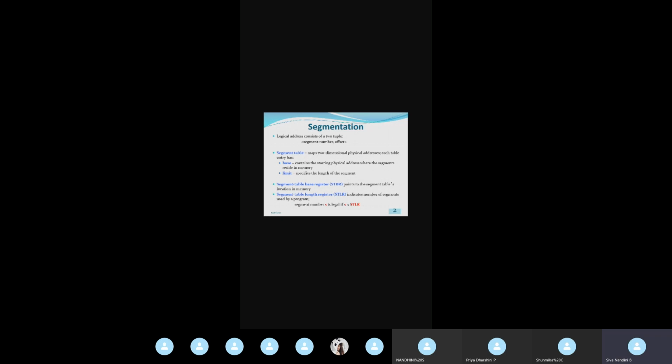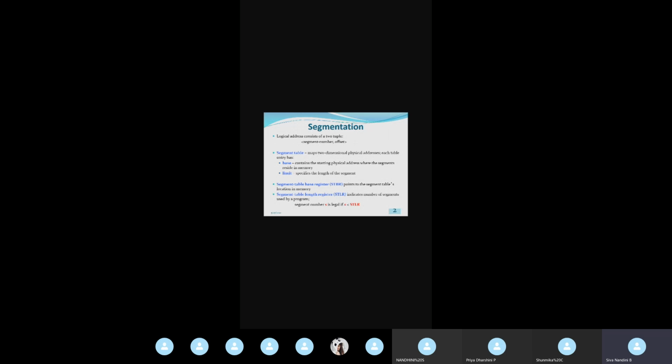For non-contiguous memory allocation, that too for segmentation, our logical address will have a segment number. Okay, logical address is nothing but the address generated by the CPU. This logical address will have the segment number and the offset. So in this concept of segmentation, the whole memory will be separated into several segments. That is, from the user point of view, all the functions and stack and the variables will be grouped into several segments. Okay, and each and every segment will be given a number.